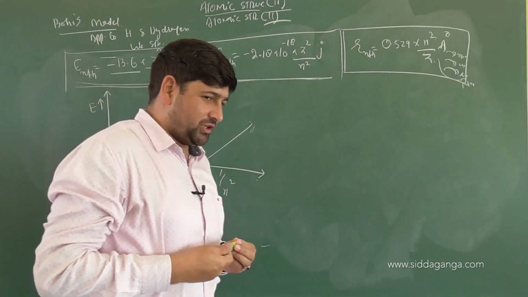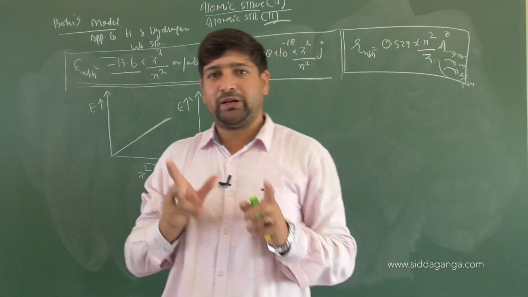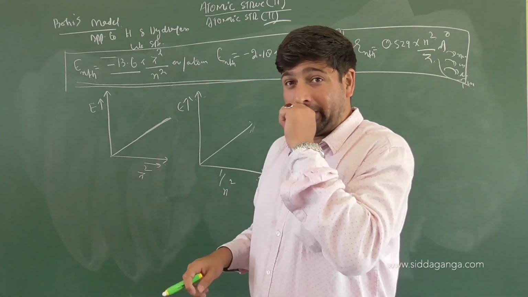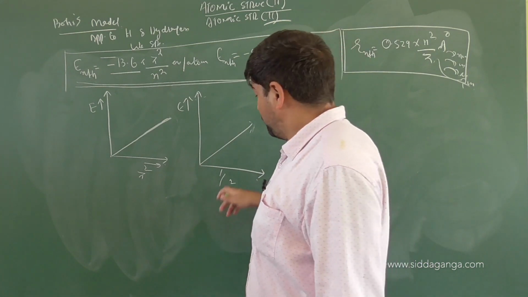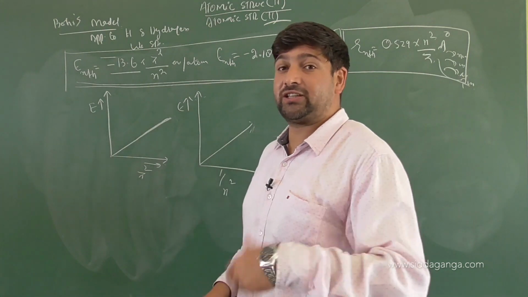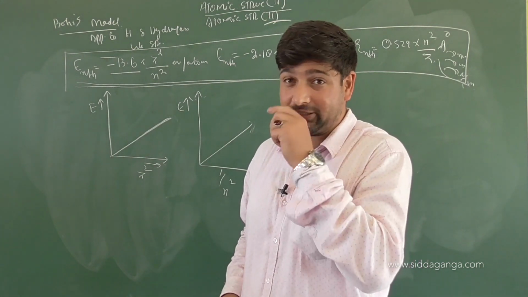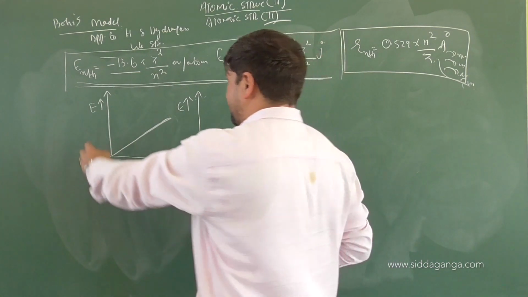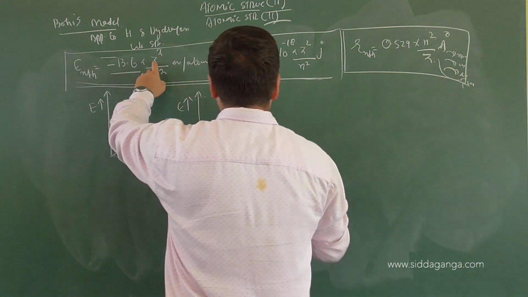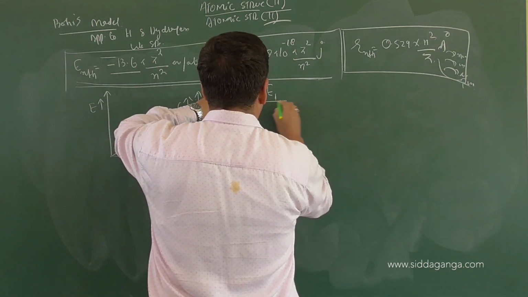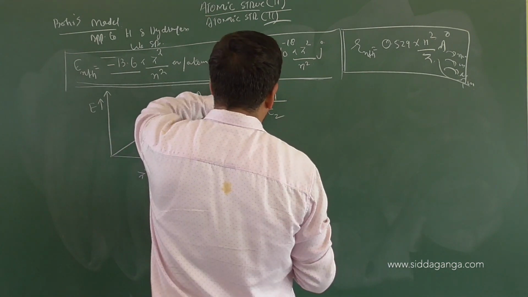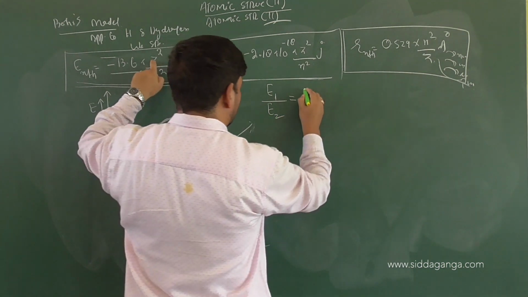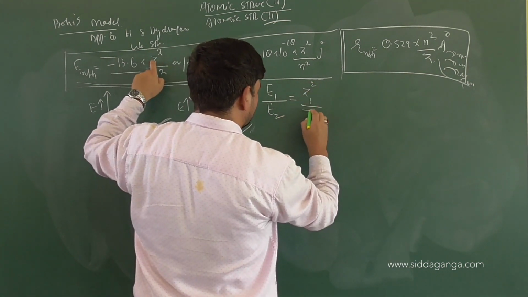Now, you tell me, if we are asked to find out with respect to the same atom, so Z value will be same. We are asked to find out the ratio of energies with respect to the n values. What does n mean here? Principal quantum number. Technically, we are talking about orbits, shells, according to Bohr's model. So, because E is directly proportional to Z square, we can write down E1 by E2, energy of first shell of that atom by energy of second shell of that atom, equals to Z1 square by Z2 square.